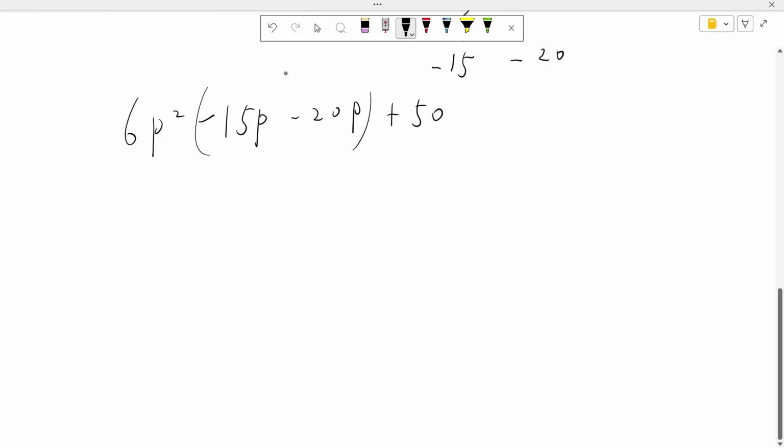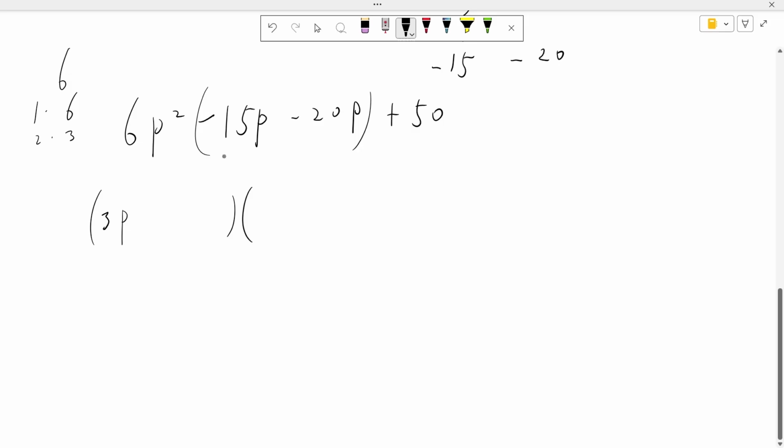So you can look at the middle term as being this. So now we could try 6p, but notice that 6 does not divide evenly into 15, nor into 20. But like I said before, this coefficient number has to divide evenly into either of these two numbers. So the factors of 6 are 1 times 6 and 2 times 3. So if we try, say, 3,